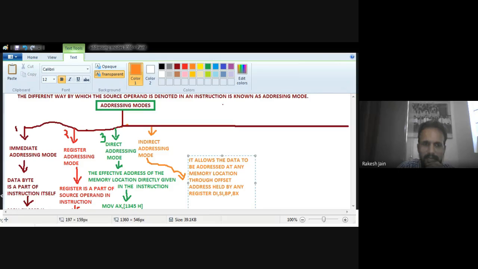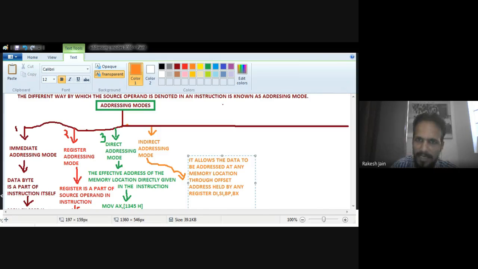What I want to say, for example, I write down. Let's suppose I want to talk about a data, 1345. Because data is 16 bit, 1345 is my data, which is of 16 bit. Now it is stored by the general purpose register B. So BH and BL hold the upper 8 bit and lower 8 bit.